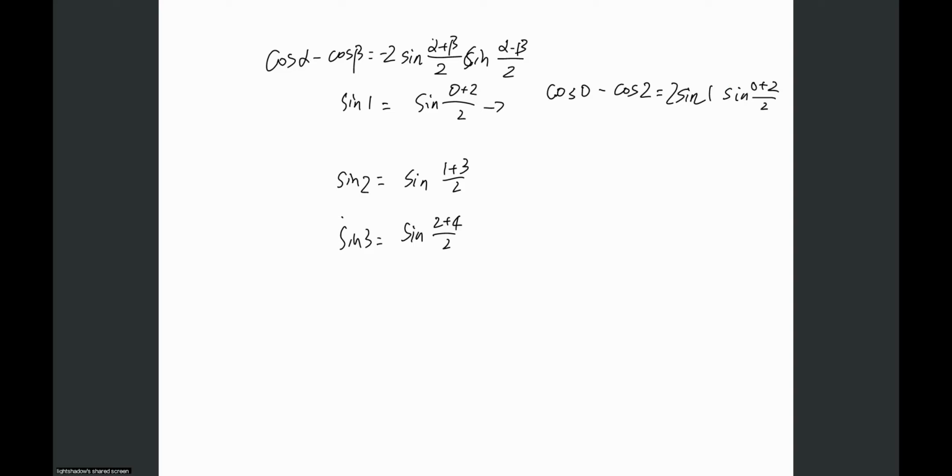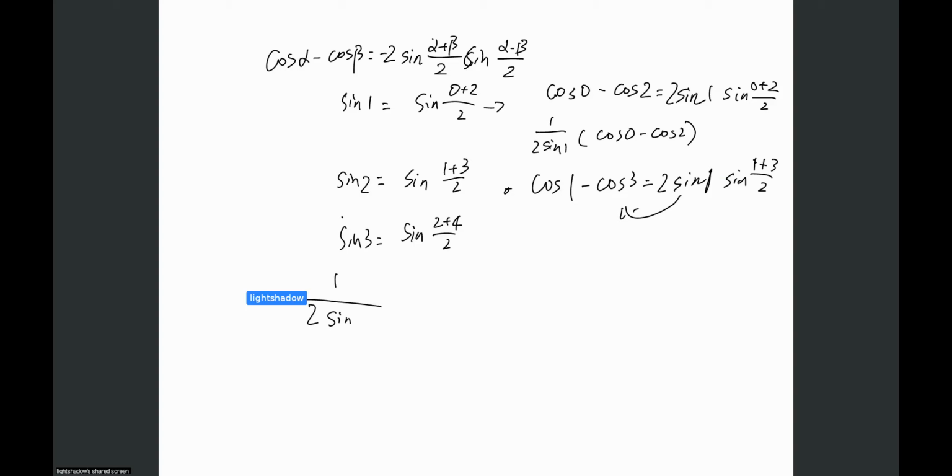So this equals 1 over 2 sine 1 times cosine 0 minus cosine 2, and this equals, more like, cosine 1 minus cosine 3. Yeah, I'm still using 2 sine 1 sine 1 plus 3 over 2, right? So I put it here. Actually, this term becomes 1 over 2 sine 1